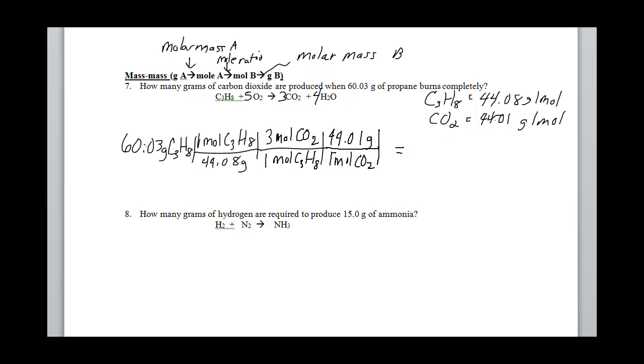So I'd say 60.03 divided by 44.08 times 3 times 44.01. And to 4 significant figures, I would have 179.8 grams of carbon dioxide produced. So this is telling me for every 60 grams of propane I burn, I'm going to produce 179.8 grams of